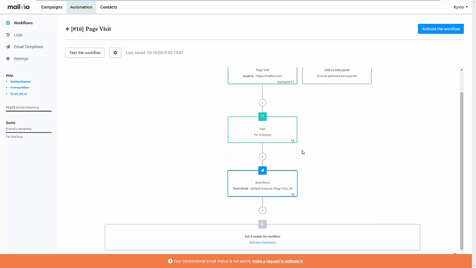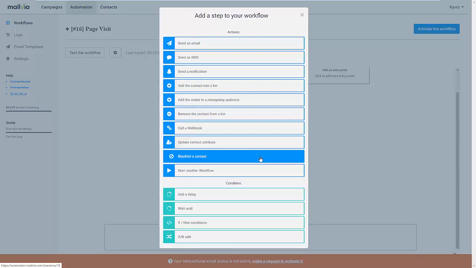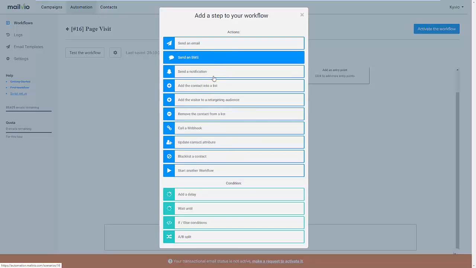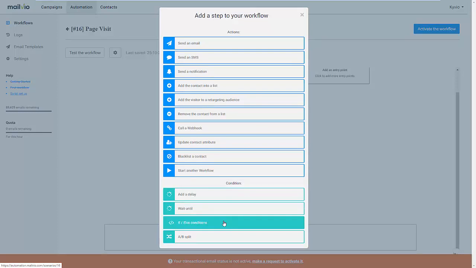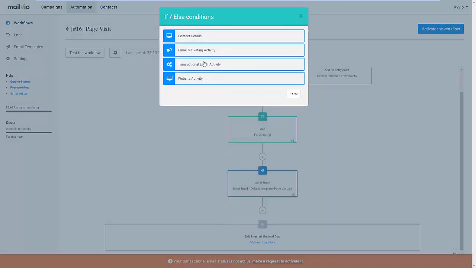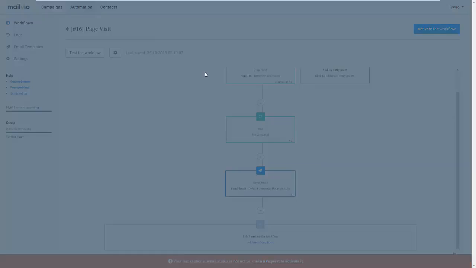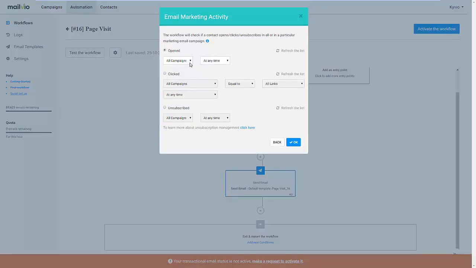But what if we wanted to check for more things, right? So what if we were selling something, but we don't want to automatically mail someone who already has access to it, who is already in a different list? What we could do here is add a new condition. So let's say we could add a new condition which says if else. So let's say if we go to email marketing activity, in this case, I could choose if this particular customer has opened an email,